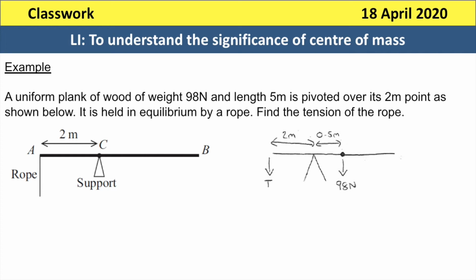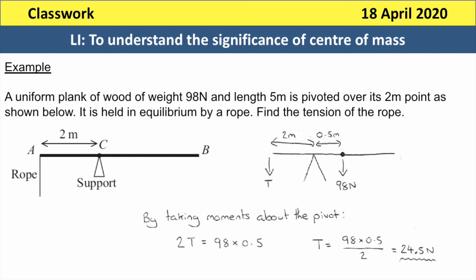Now the principle of moments tells us that in the equilibrium which we're in, the total anti-clockwise moments have to equal the total clockwise moments. Now the force that is going to make this plank of wood go anti-clockwise would of course be the tension, because that would pull the left hand side down and raise the right hand side. So that moment would be calculated by the perpendicular distance 2 multiplied by the tension T, and that has to equal the clockwise moment, which is being caused by the weight of the wood. The weight of the wood is 98 newtons, and we would multiply that by the perpendicular distance from the support,